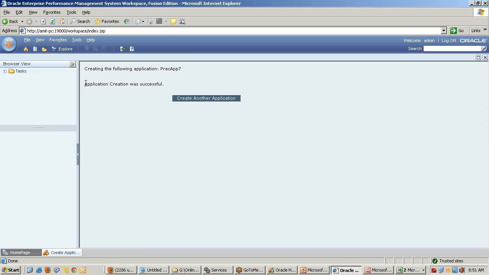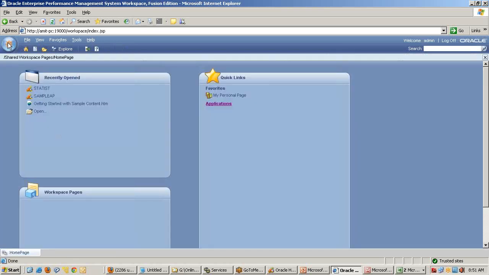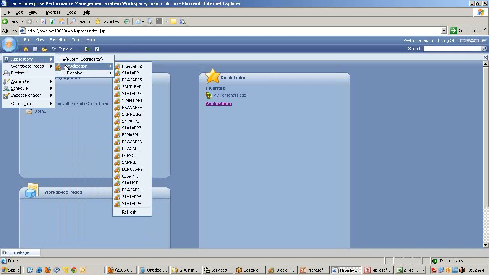Okay, application created successfully because I logged off explicitly from my desktop client and closed the application. The next step: the moment the application gets created, you can automatically see you are already inside the application. Once the application is created, you can see the application listed in your folder.